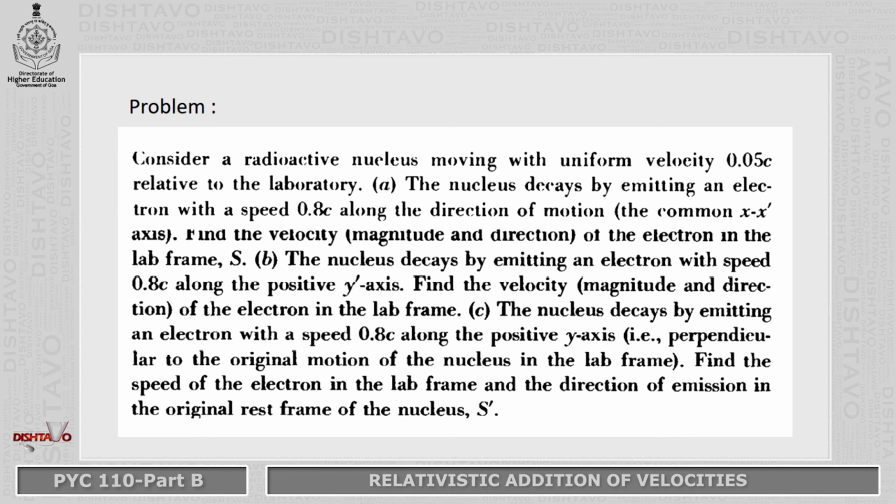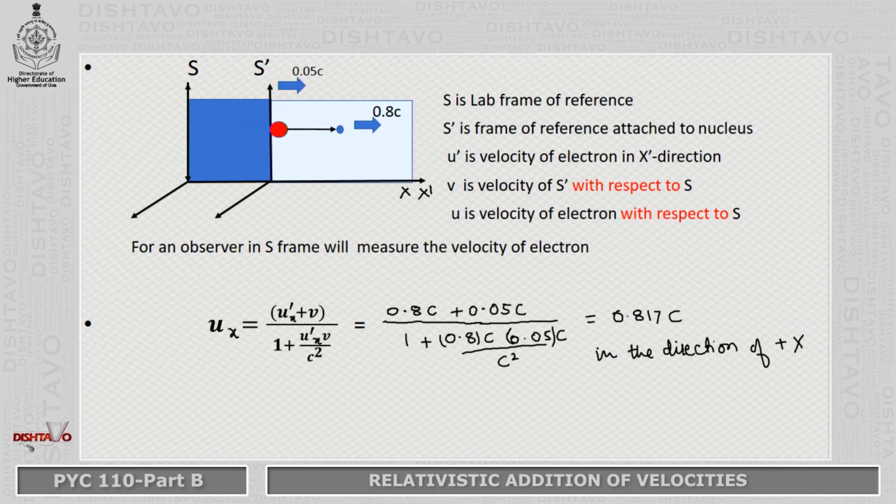Consider a radioactive nucleus moving with uniform velocity 0.05 c relative to the laboratory. The nucleus decays by emitting an electron with speed 0.8 c along the direction of motion. So, this is an inertial frame of reference. You have to draw this particular diagram. This is your nucleus which has emitted an electron with 0.8 c, and it is moving with 0.05 c, and you have to write